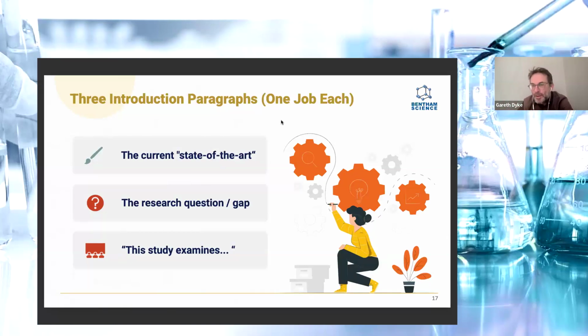And each of those three sections, keeping the word count down, is going to do a different job, as you can see here. The opening of your introduction, remember that you've got that first big section of the egg timer, the upside down triangle that gives you the shape of your introduction. First of all, give the reader the current state of the art. One job each section. What's the current state of the art in this particular area? Short, not a long literature review. Then give the reader the research question, what this paper is going to address. What's the question that this article seeks to address in the second section of your introduction?